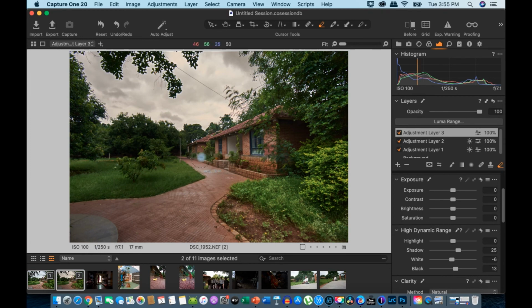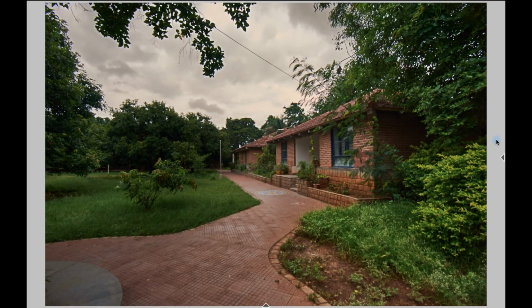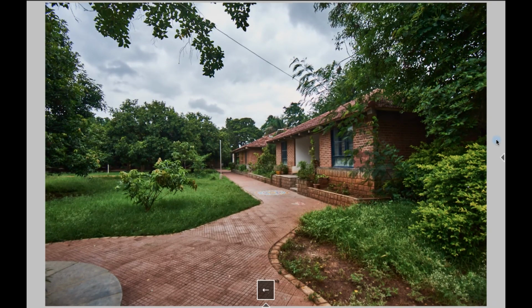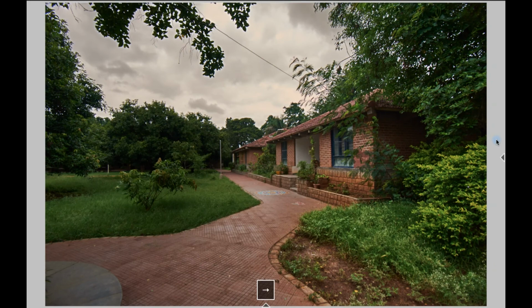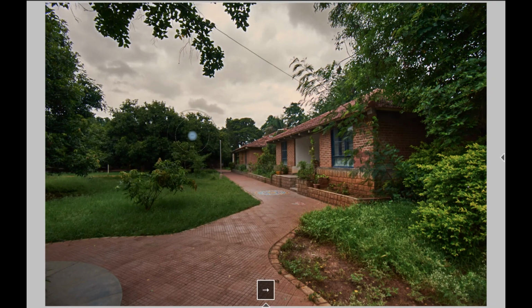However, if you see this area, it has retained all the details, the color, the texture, and it has only worked on the areas which we want. So let's review them in full screen. This is with the local edits, this is with the global edits. As you can see, it has lost a lot of contrast, very flat, and here it's still moody, still retaining the